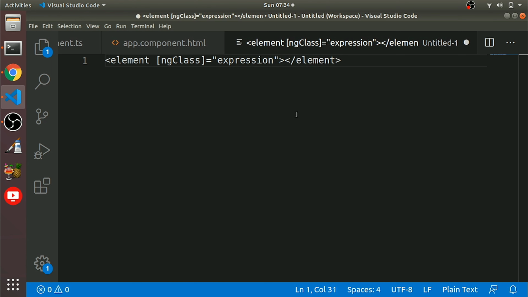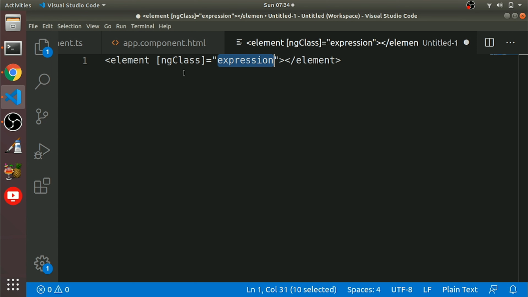This is the syntax. Here, element refers to the HTML element, and this expression is evaluated and the resulting classes will be added to or removed from the template. The expression can be in various formats like string, array, or an object.